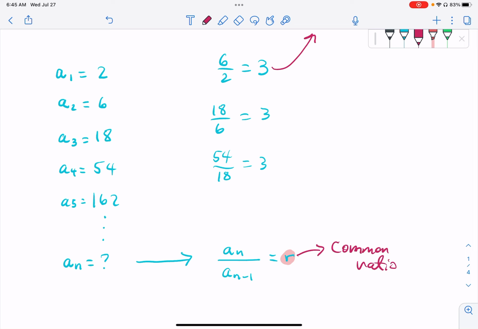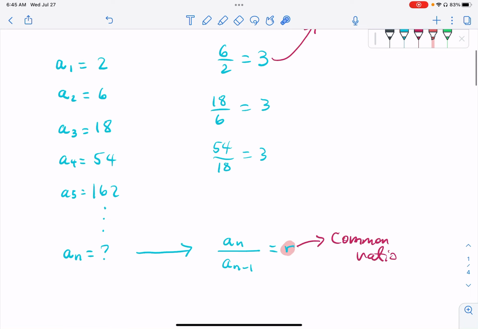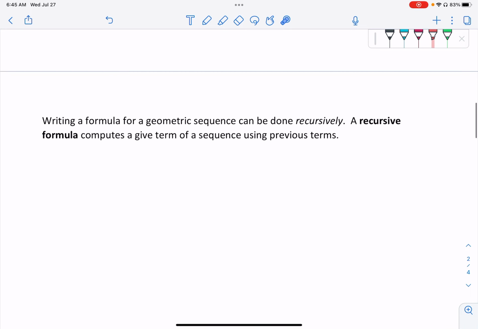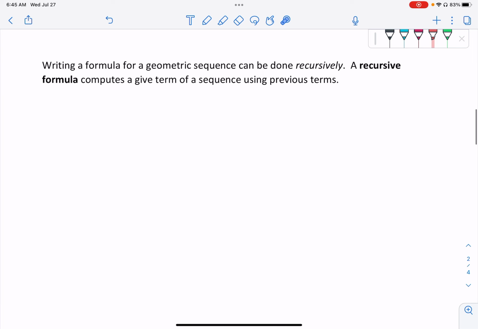Now, we're going to use this whole idea here in order to develop a formula for this type of sequence, this geometric sequence, and we do so recursively. Well, what the heck does that mean? Writing a formula for a geometric sequence can be done recursively, and a recursive formula generates a